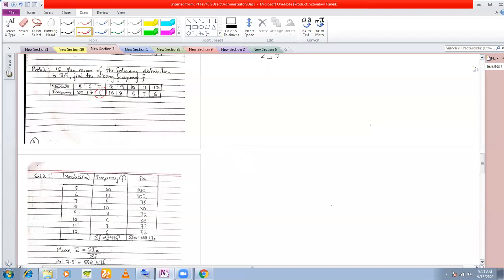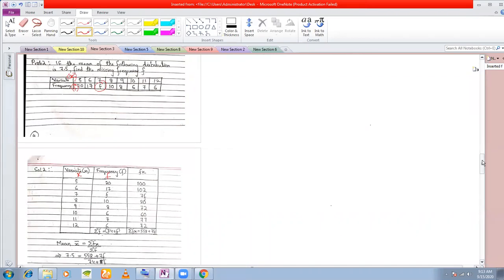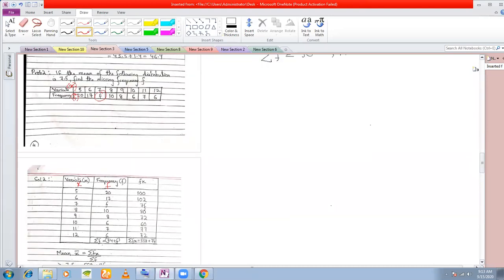Okay. So how do you proceed with this kind of problem? Again, you make your columns. The first column will be for your variate. Variate is the variable of which you want to find the mean. This is your x. And frequency here is f. So you make the first column for your x, the second column for your f, and we'll make the third column for fx. This does not contain class intervals, so we'll do this by the direct method.